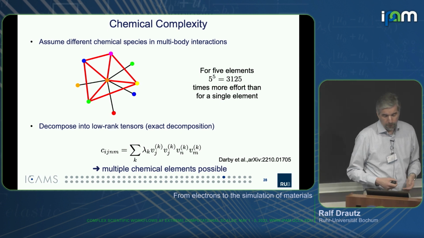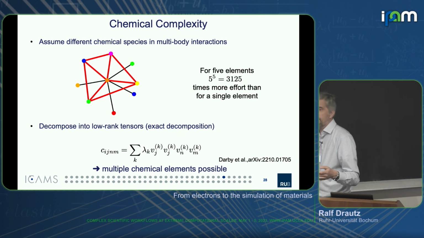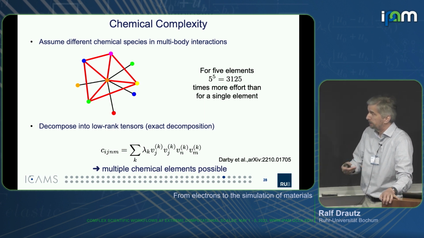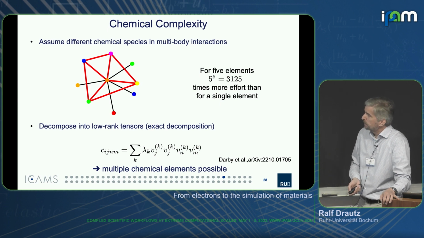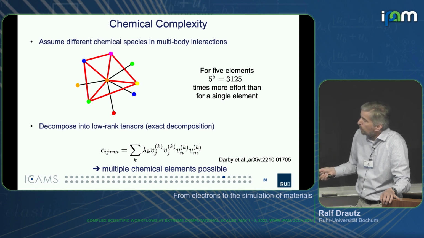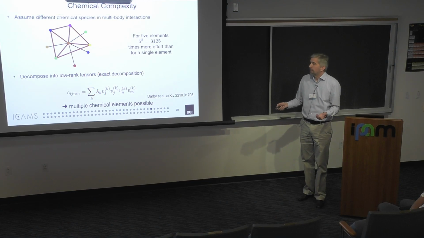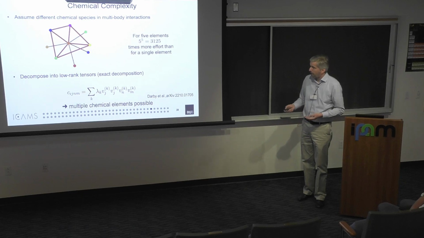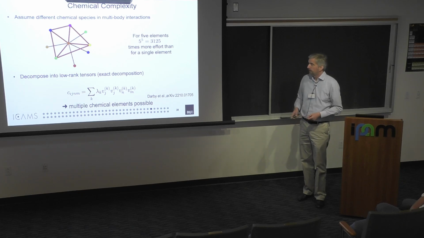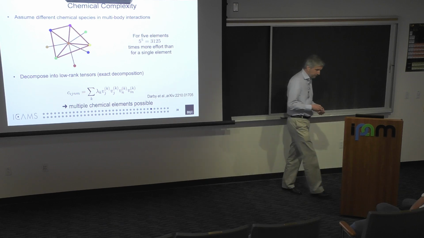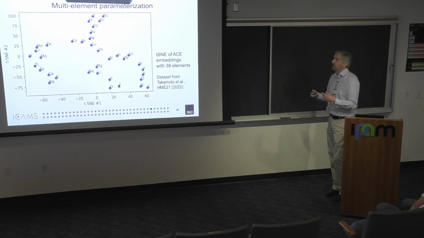And of course that's a showstopper for 10 component alloys, and for technical alloys, which is where we want to be. For superalloys, for steels, all these things have many components. Luckily, we can use tensor decomposition here. This is the expansion coefficient, let's say for a 4-body cluster, and it's symmetric with respect to the indices. So one can decompose this nicely into a tensor and get a very much reduced representation, which allows us to immediately fit